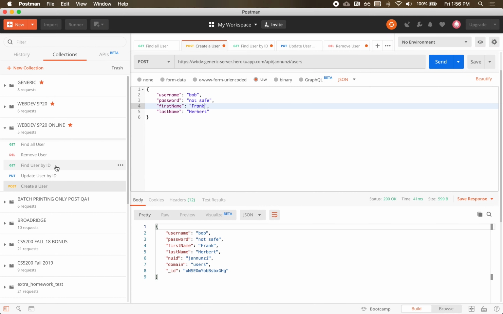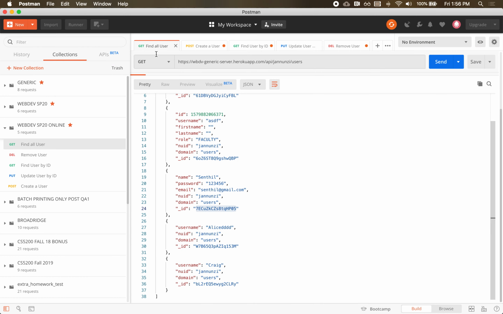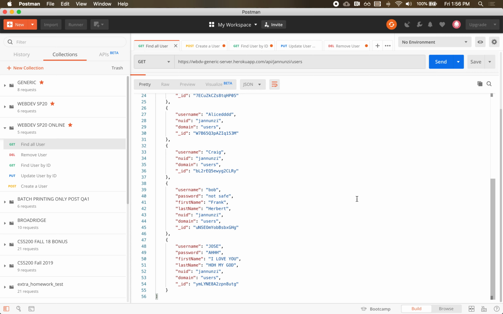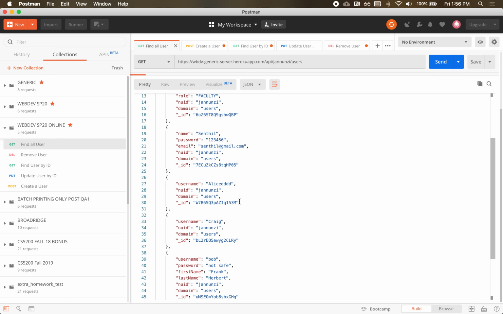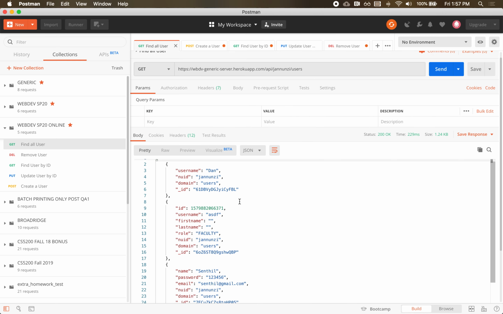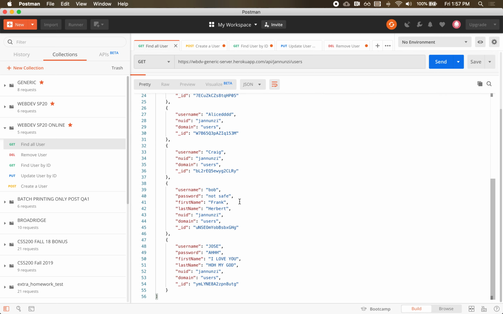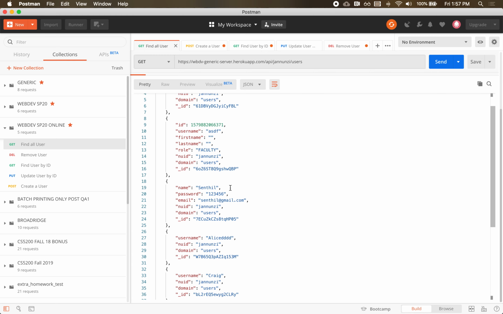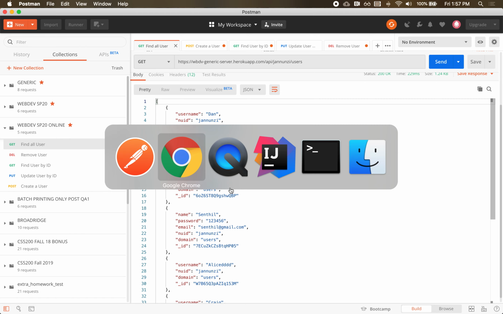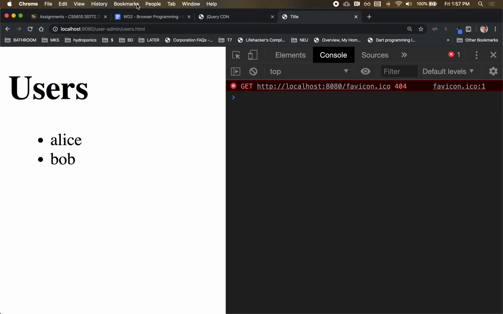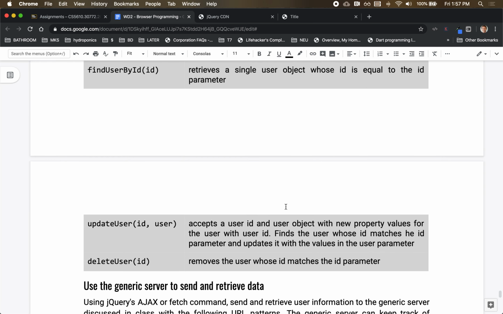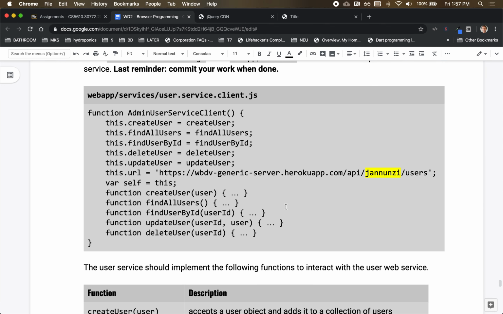So we need to be able to programmatically generate this GET with this URL, and presumably this is the data that we're going to receive, right? Okay. So let's get all these folks, and let's print them out to the array. To do that, the assignment suggests that all communication with the server